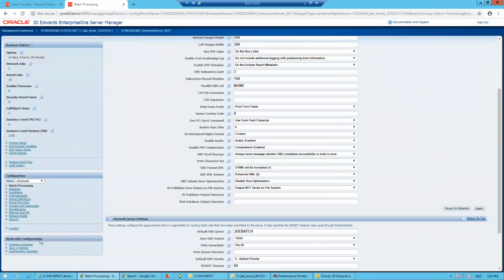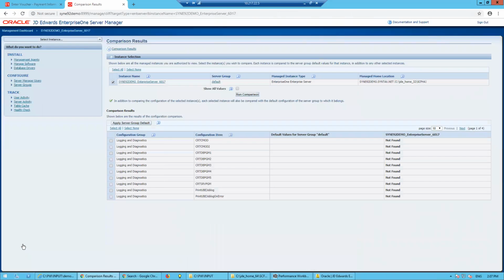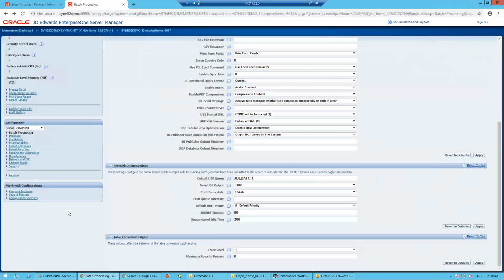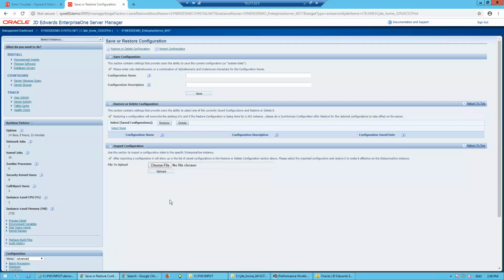Other things within here, we can compare instances. So if we have multiple enterprise servers, I always recommend to maintain them as consistent as possible, but this would allow us to go through and compare different enterprise servers back against an actual template or model itself. Other things that we can do here is look at the configuration summary. We can save the configurations. So if I've got multiple enterprise servers or multiple configurations, I can save off this configuration, go to another configuration